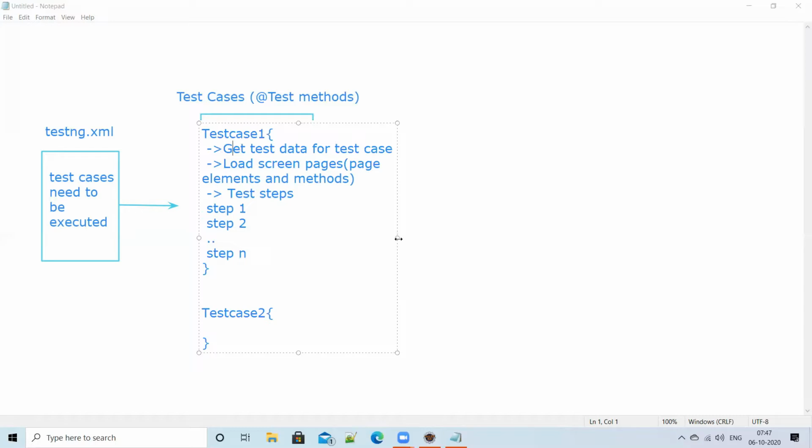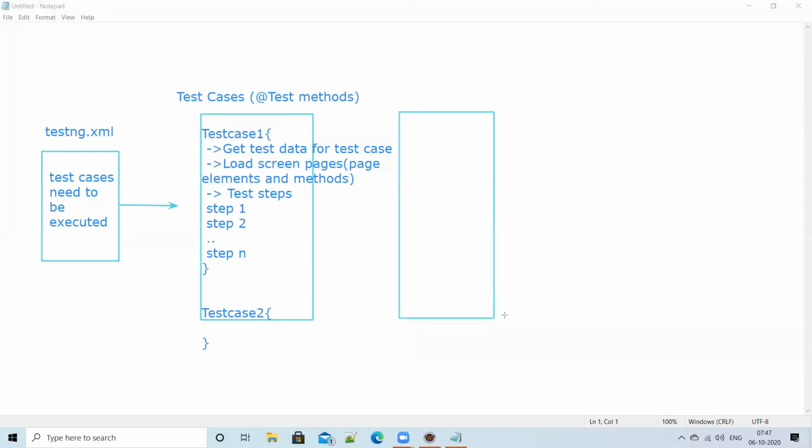And here, one more step, what is happening whenever test cases are being executed, guys? One more thing you have to remember, the next one, what is happening here? This is basically the base test class.